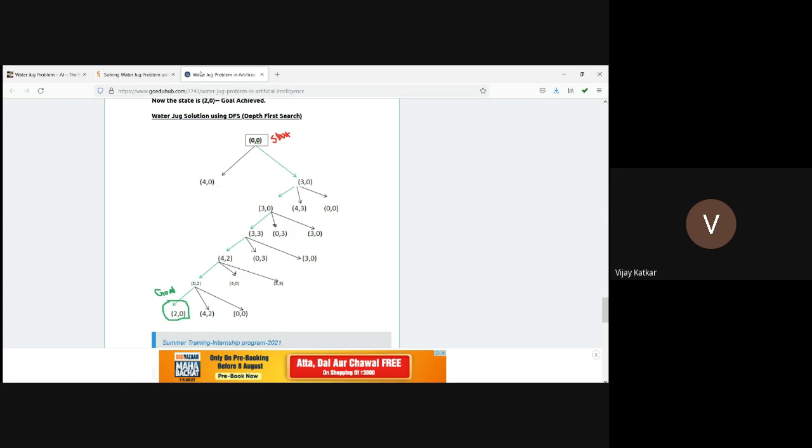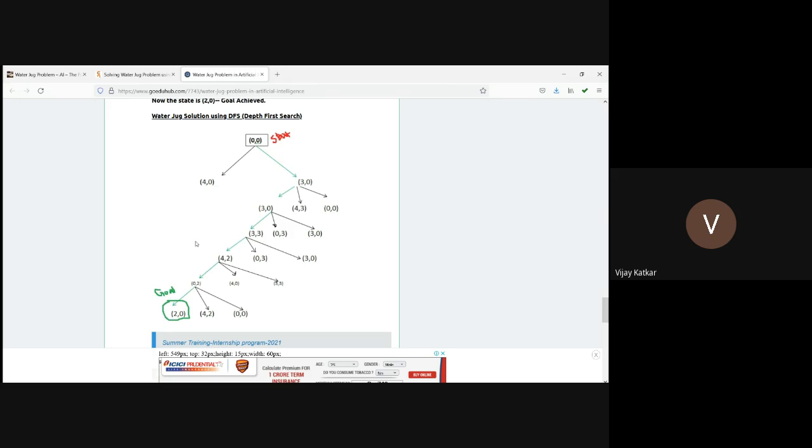The opposite of breadth first search is depth first search, where let's say this is the initial start. Now we know there are two possible children. We select one child, identify its children, select one child, work on it, and so on. So this is one child, and we push two children on the stack. Then we select the topmost child, explore it, add all children on the stack, select one child using pop, and so on. Eventually you will reach the goal state. If you cannot reach it, you will trace back, select another child, and so on.